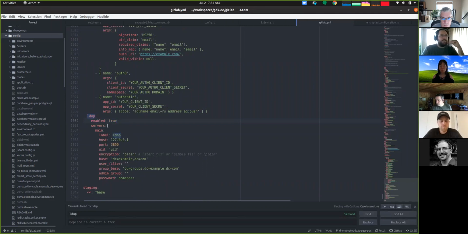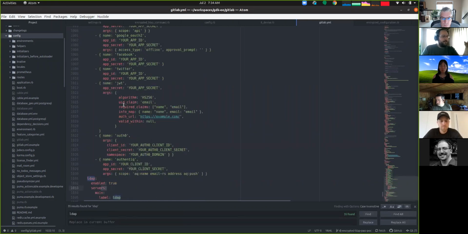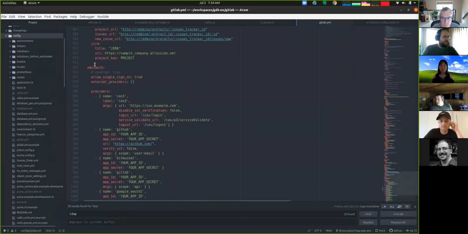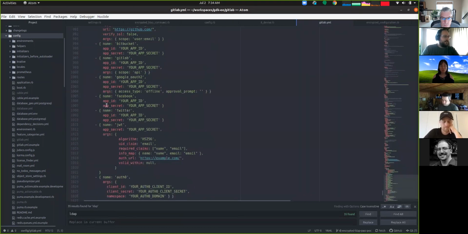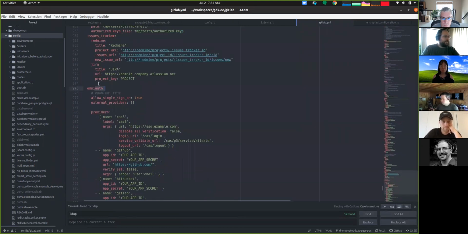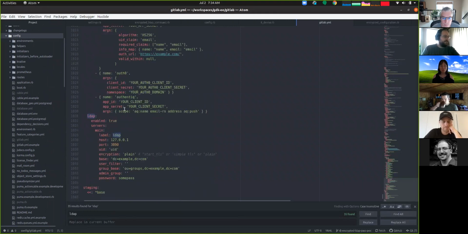In terms of well-defined configuration, we have this OmniAuth section in the config, and actually the LDAP section is a peer to the OmniAuth section. How it ties into OmniAuth happens in the code base, but we have an LDAP section that provides you an area where you can provide a hash of servers, and this hash